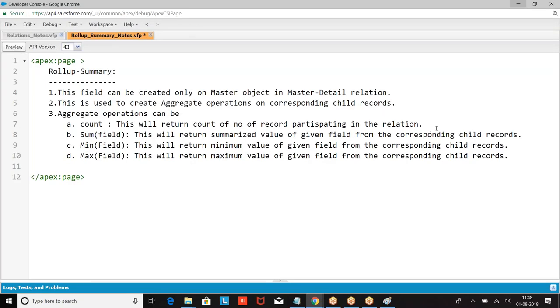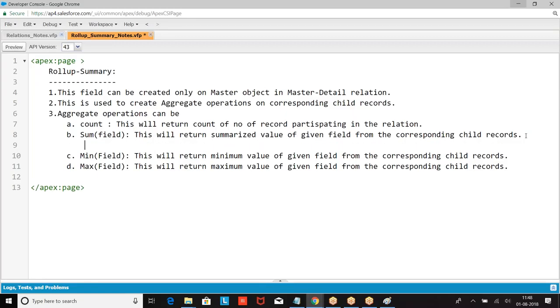If it is a count, no fields are required. If it is a sum, we can perform the operation on numerical fields and currency fields.